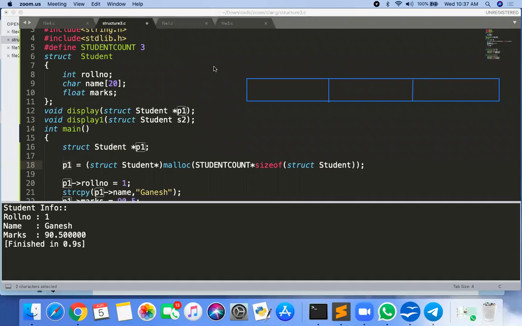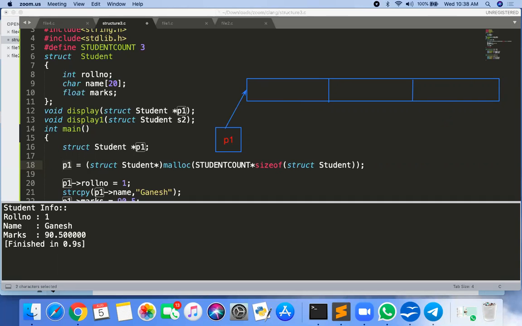And this is my P1, and now P1 is pointing to this memory. What is the size of this memory? 28 bytes plus 28 bytes plus 28 bytes. This is the total size of this memory. The whole memory can now be accessed using only P1.